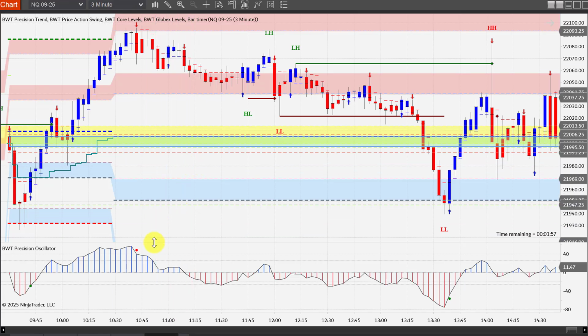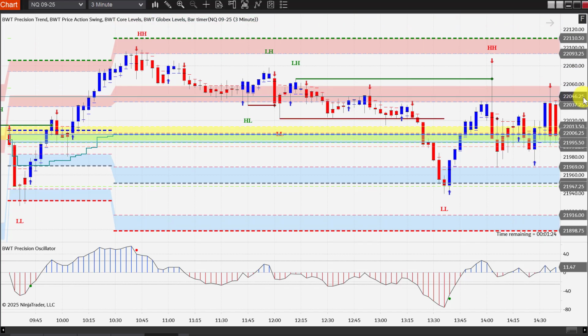Okay, here's the core levels on the NQ. This green shaded area is the open. The market opened and sold down to the expected low in the first hour, and then rallied back up to the point of control just past the London session, which is this shaded yellow area. A little bit of a pullback to the first buy zone, the upper buy zone, and then rallied all the way to the expected high of the first hour and just shy of the expected high in the second hour,